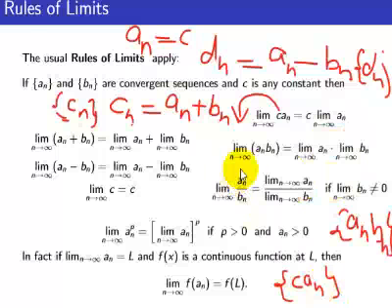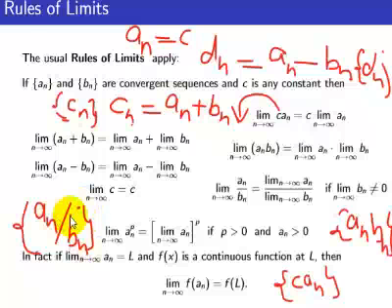And we can generate another sequence by dividing a sub n by b sub n. So saying a sub n is divided by b sub n, this will generate another sequence. So here, if you want to define this kind of sequence, so here b sub n